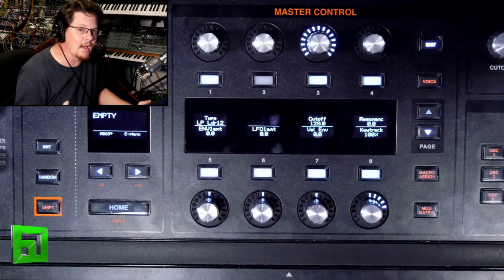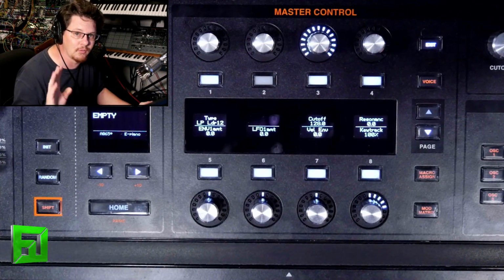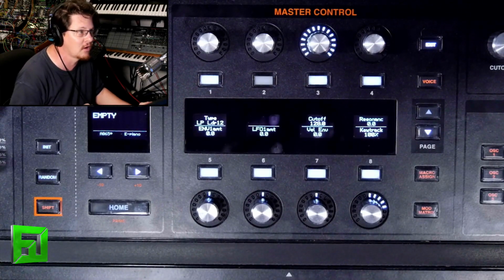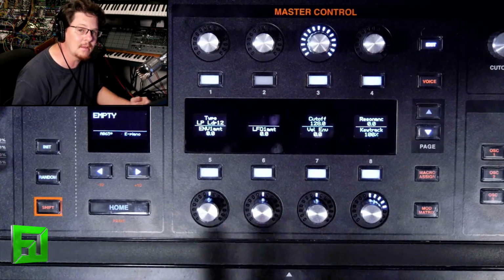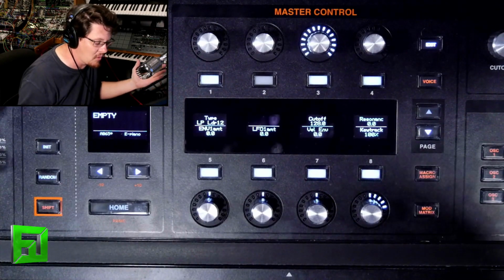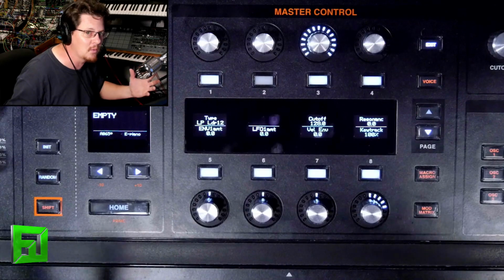We have new envelope triggering options to where now you can trigger envelopes from multiple sources. Up to 4 sources per envelope can now trigger your envelopes, which is really interesting stuff. We've got microtonal scale support. This means that you can import scales from Scala and you can have all sorts of weird chakra-inducing fun with